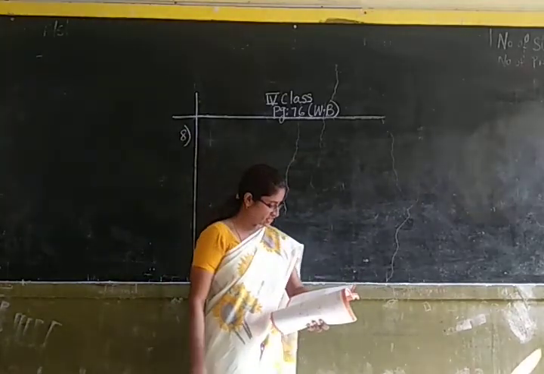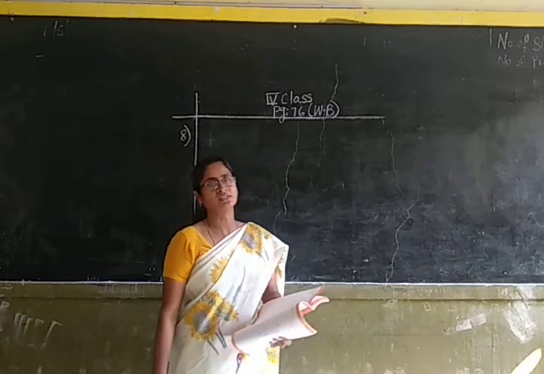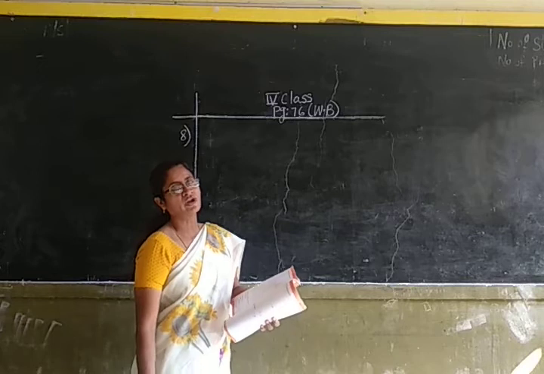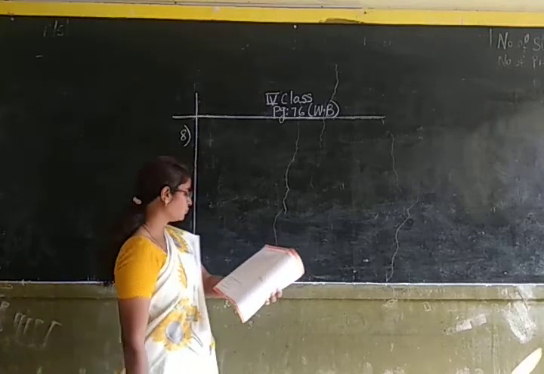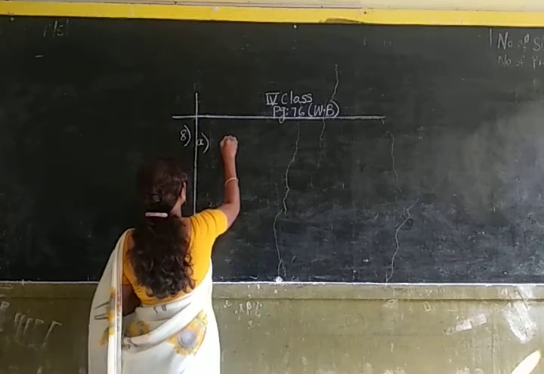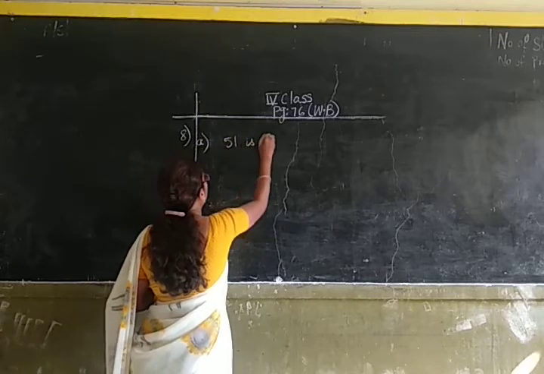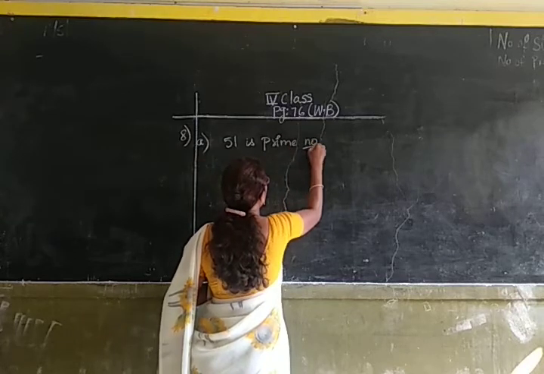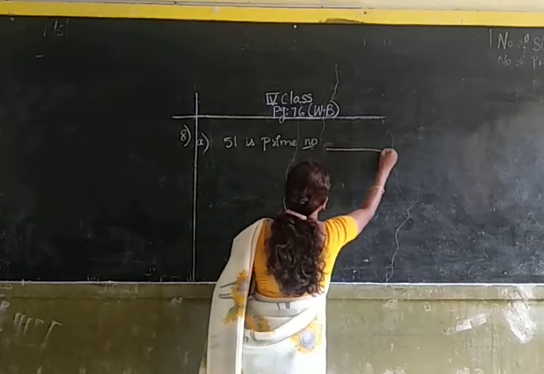The 8th question is, state whether the following statements are true or false. Here some statements are given. You have to find out whether the statements are true or false. The first statement is, 51 is a prime number. This is false